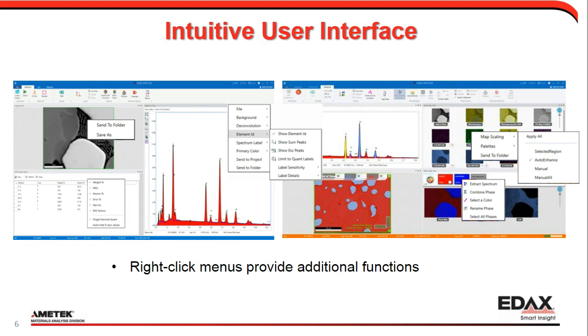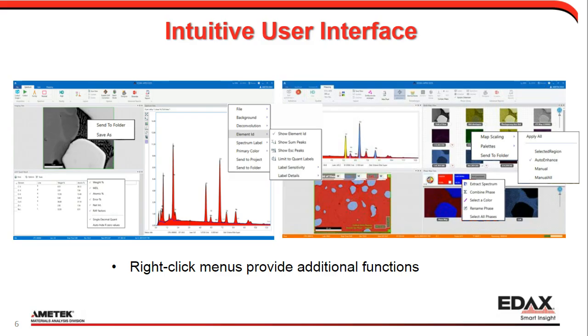Additional functions are provided through right-click menus. You can right-click on the image to send it to a folder or save it in multiple file formats. Right-click on the Quant Table to customize the items you want to display. Spectrum right-click menus give you the